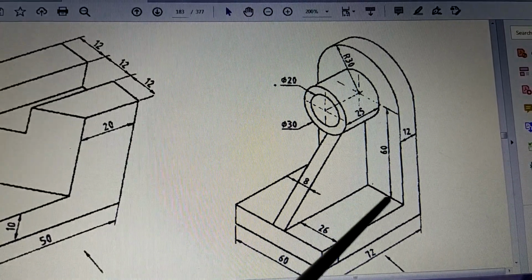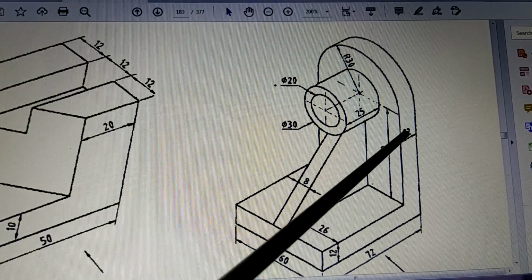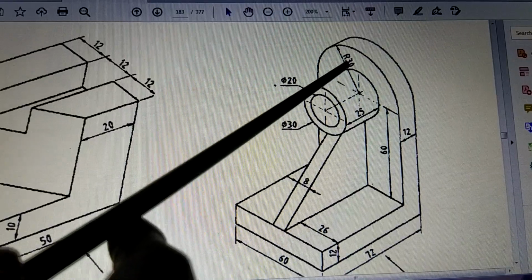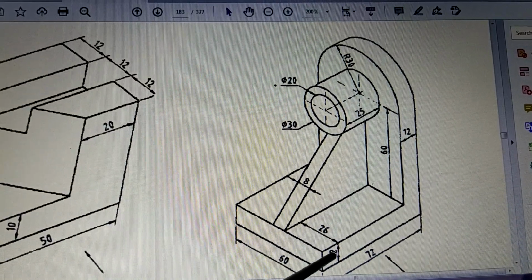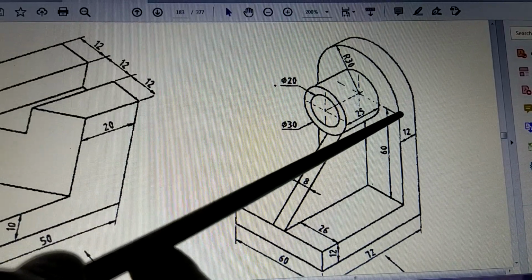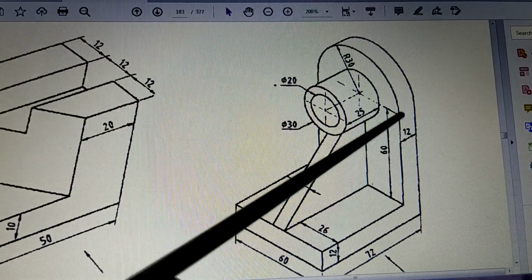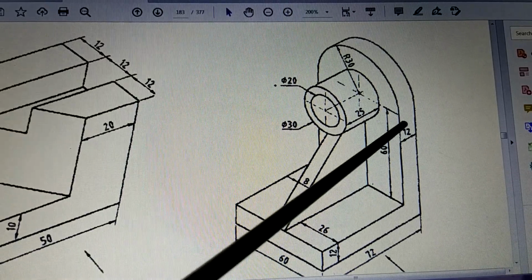Whatever shape is here, that shape has the same width as 60 and the height will be what we have just seen, 60 plus 30, and this 12 is already there. When you draw 60 till here as a vertical line, and the same 60 on the other side, the two ends of the 60 and 60 are joined by a semicircle.